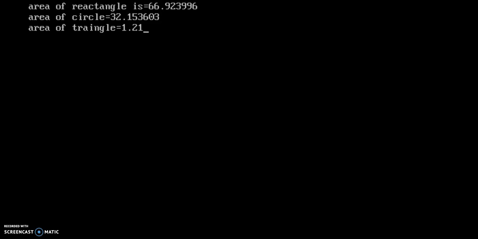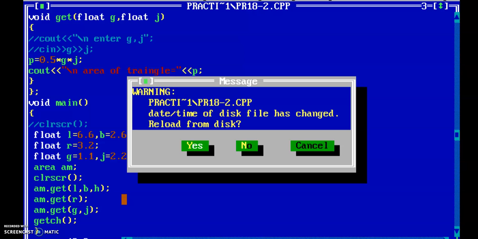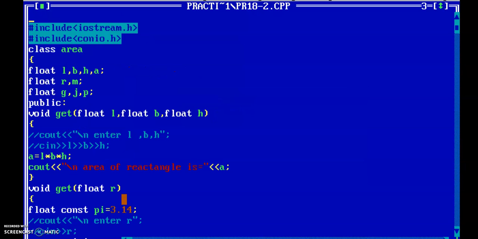Check the area of triangle, rectangle and circle. This is also very simple as compared to operator overloading. The function overloading concept is very easy to understand. Just try to understand the difference between function overloading with different data types of arguments and function overloading with a different list of arguments. That is, either the number of arguments will be different, or the data types of arguments will be different. Okay, this is function overloading. This program is related to function overloading